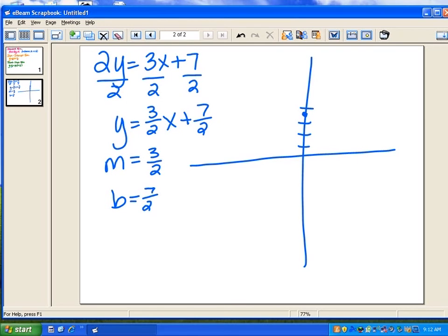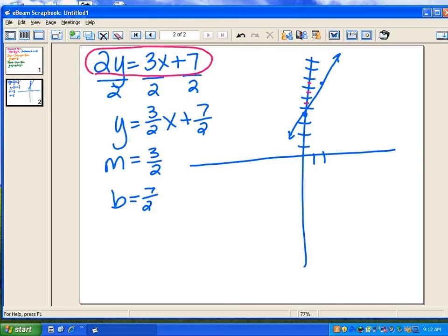So I'm going to rise. So I'm going to put some extra lines here, but then I'm going to mark my halves with a different color. So I rise 1, 2, 3, and now I go over 1, 2. So I end up right about here. And of course, graph paper makes all of this easier. Okay? Now, I've graphed it. I figured it out. Okay? This equation that we started with,